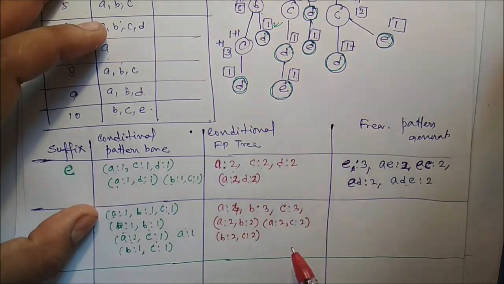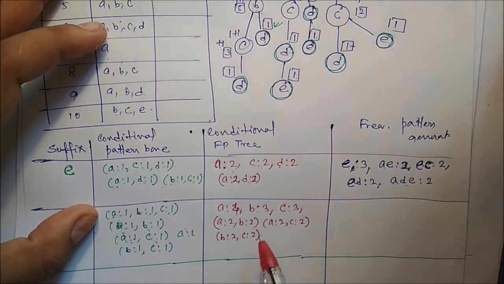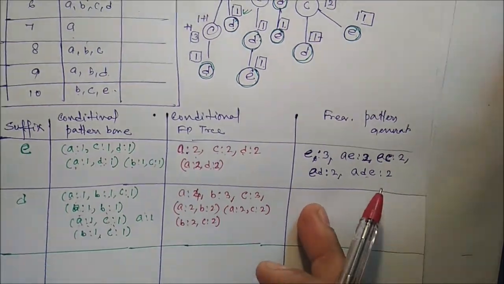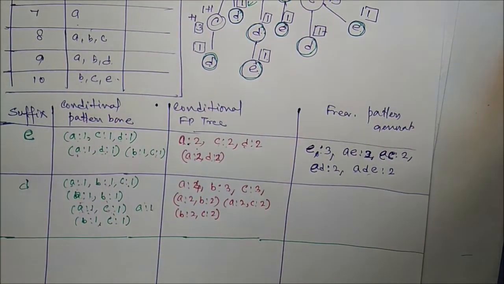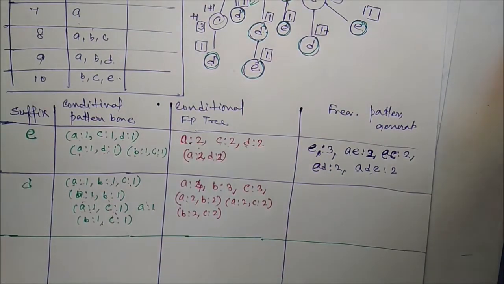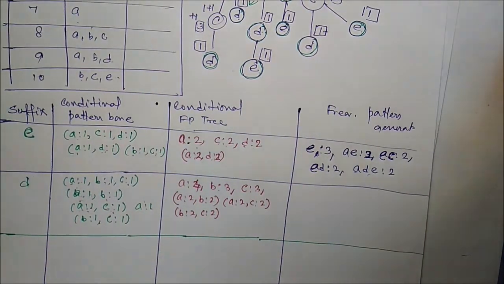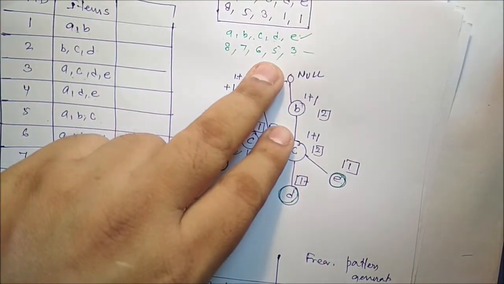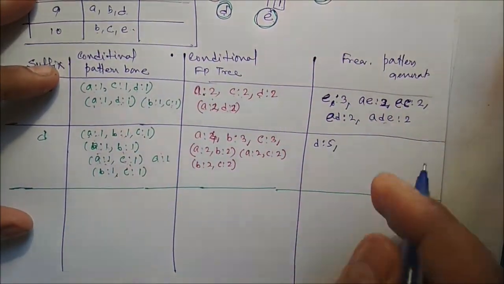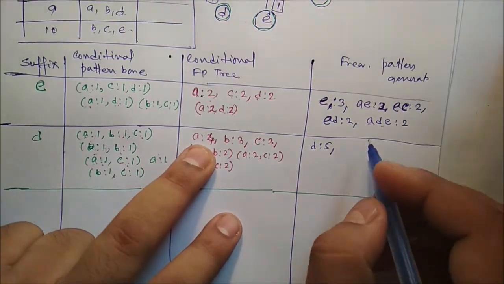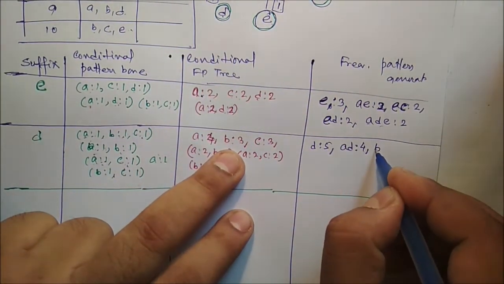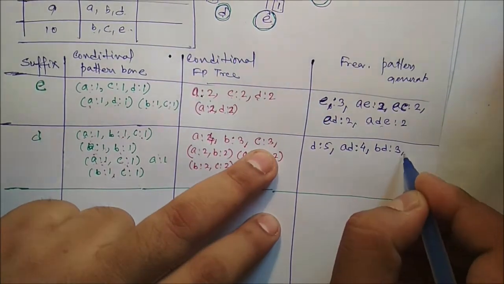Okay, so total these are what? Conditional FP tree, and from this particular information we can get the actual frequency pattern generator. So D must be there. Okay, so already you know D must be there, and the frequency of the D is what? It is 5. So D must be there. The frequency of the D is 5. Next pattern should be with A. So you can write AD size 4,